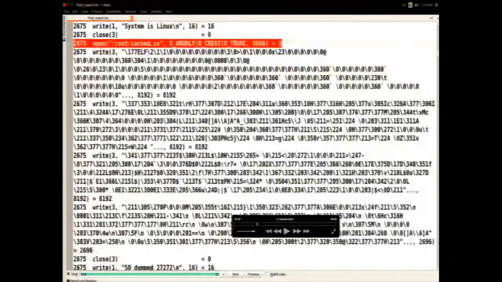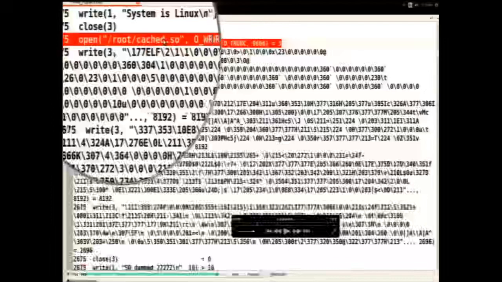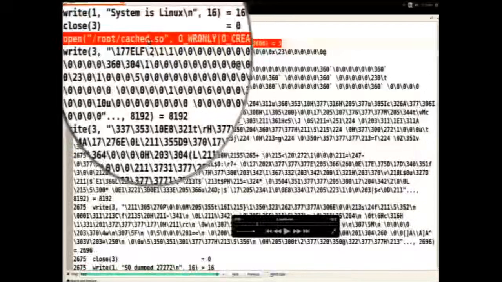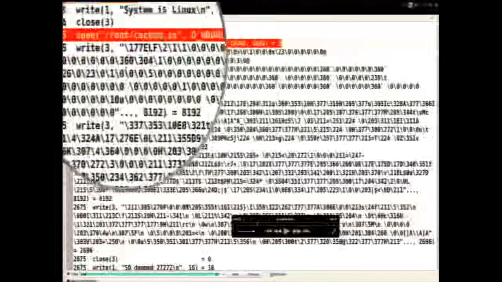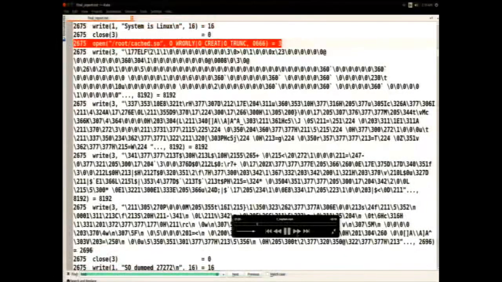And then another interesting thing that it does is it is trying to create a shared object, root/cache.so. So it is trying to create a cache shared object and writing the ELF content to it. Basically, it's dropping a shared object. A shared object is equivalent to DLLs on Windows. So it is dropping a shared object,